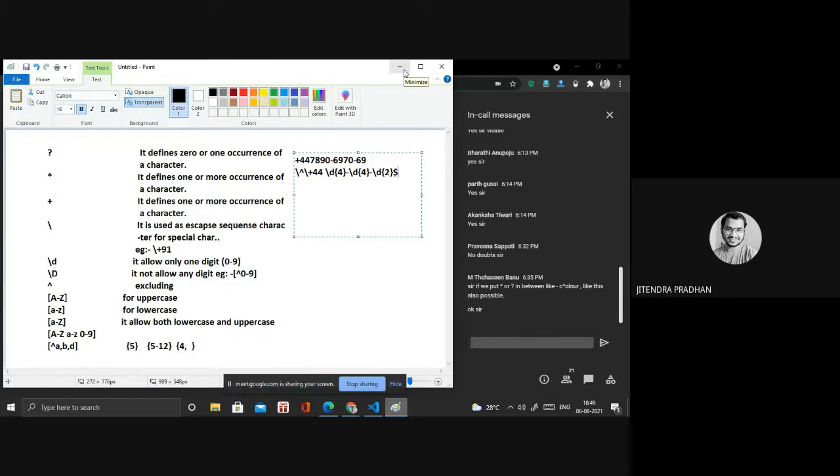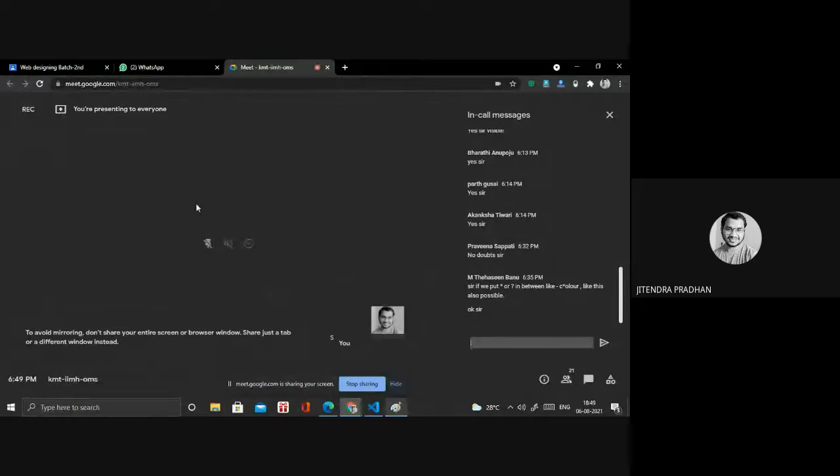We have a lot of regular expressions. If you go to the internet, they will give you many more, but I will give you a basic understanding. If you see any regular expression or pattern, you have to understand how it's defined and how to make the regular expression by yourself.